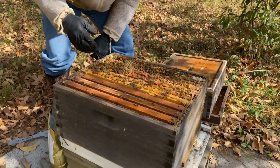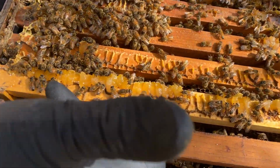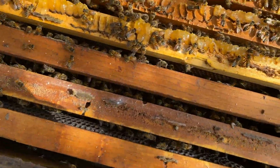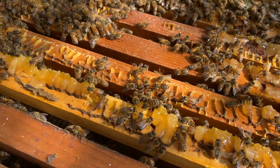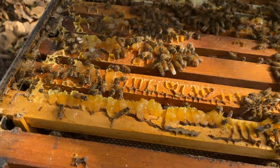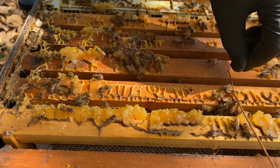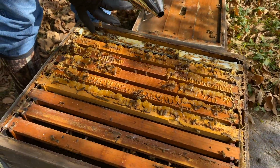All right, Jason, can you see? This is that goldenrod honey, gone to sugar in the cell. We just broke it apart. Now they don't understand what's going on. I don't blame them. But it is a warm, pretty day. But we have to get these mite treatments out. Now that I've cleared the bees, if you can notice,